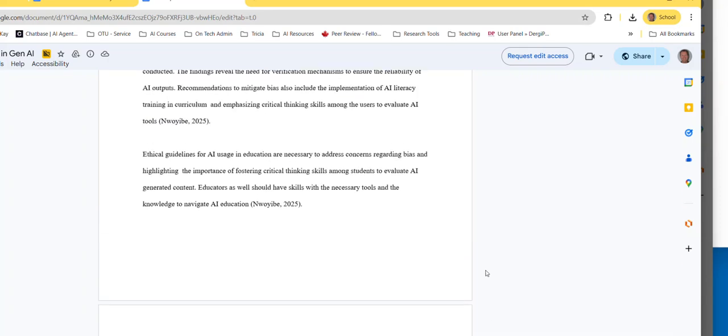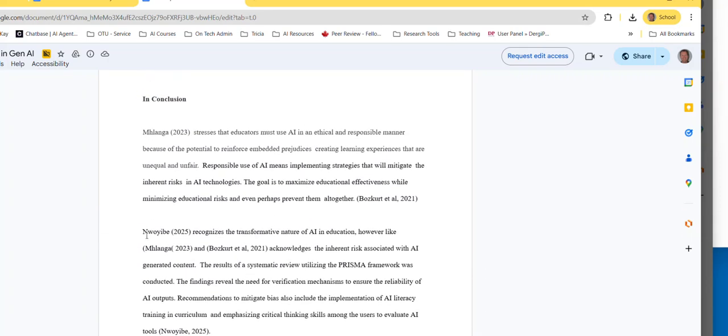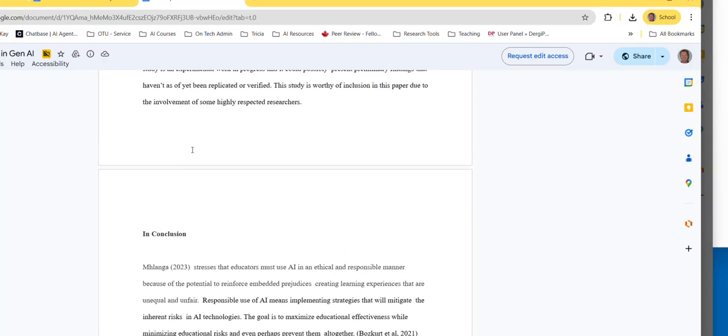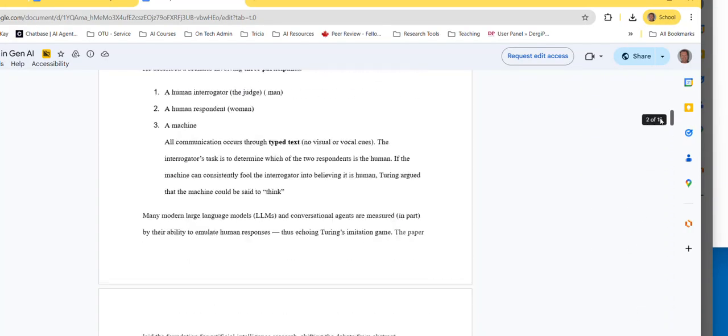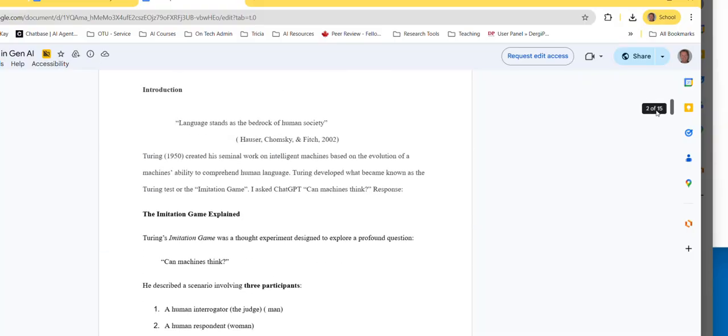In terms of APA formatting, these are always going to be indented paragraphs. You've got double spaces in here, so it's not really a sort of publishable format. But if we go to the content,